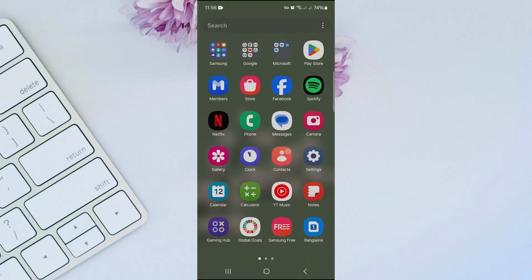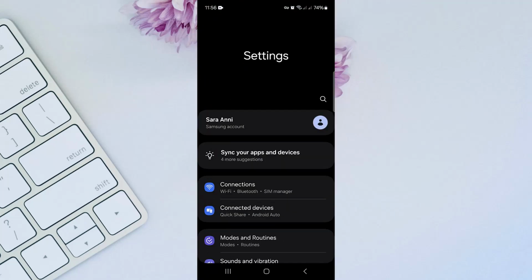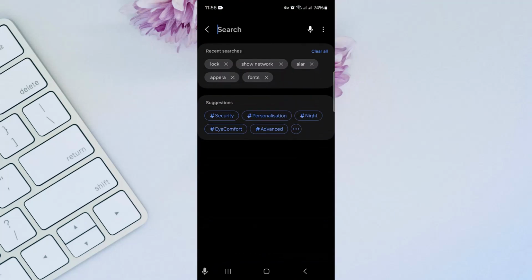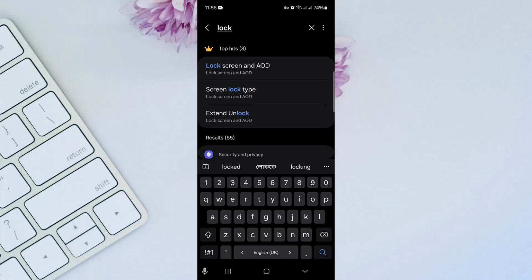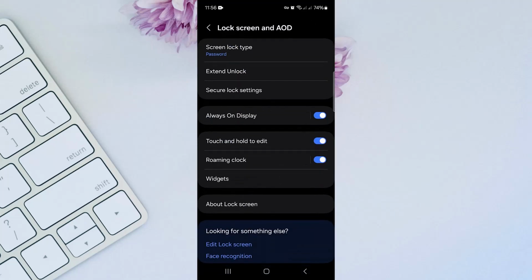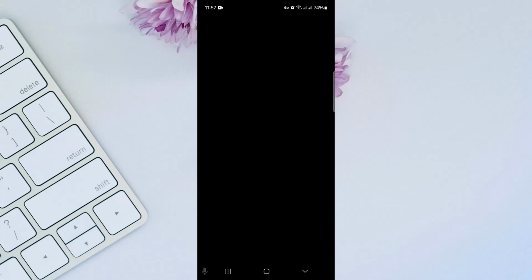So head over to your settings, then search for lock screen, and here you will find lock screen and AOD. Head over there, and then you can see my current screen lock type is password. So go to it, enter just your current password